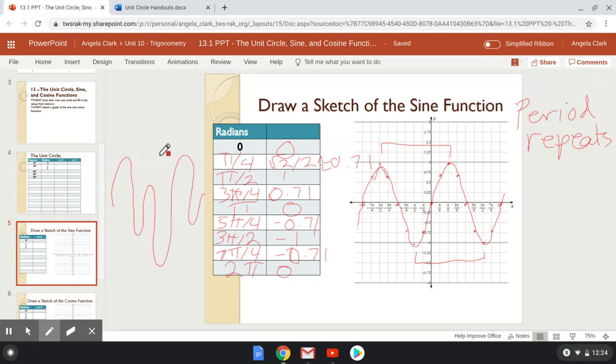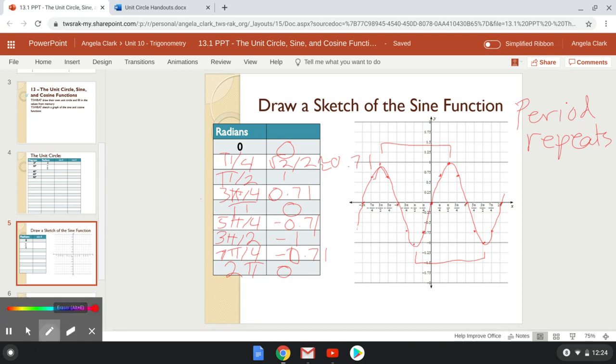The other thing I want to talk about is amplitude. Amplitude is the distance from the midline to a minimum or a maximum, or it's half the distance between a maximum and a minimum. The midline in this case is just the x-axis. It goes through the middle of the graph. That's why it's called the midline. So the amplitude is the distance